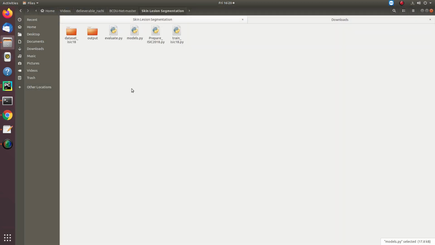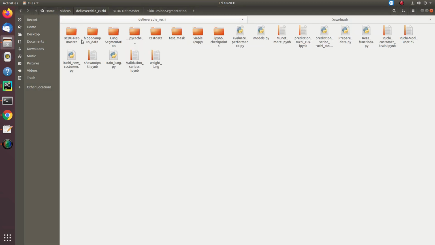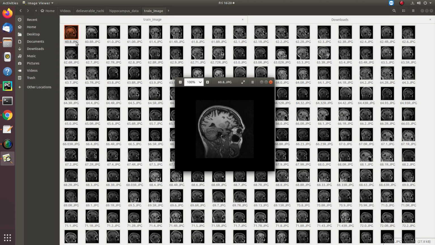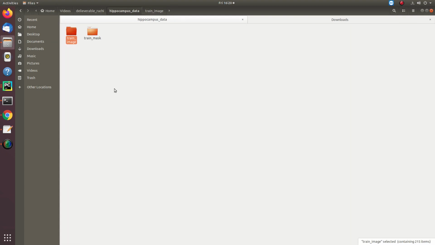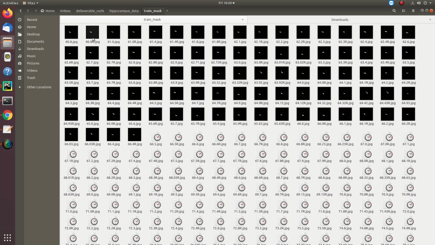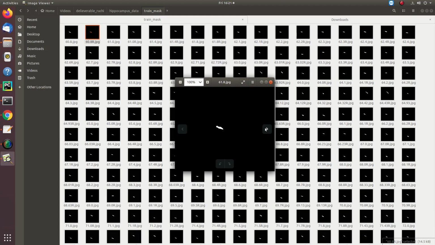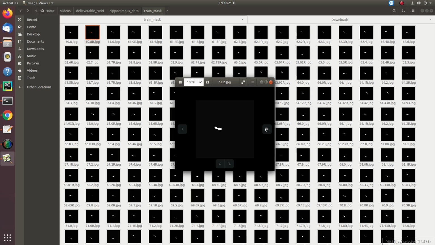Guys, before moving forward, let me show you the type of data I'm using here. This time, I have taken the hippocampus data. Hippocampus is a part of the brain which is responsible for all your memories. If that portion is damaged, which happens in the case of an Alzheimer patient, those people won't be able to memorize anything, forget about past memories, and are also not able to create new memories.